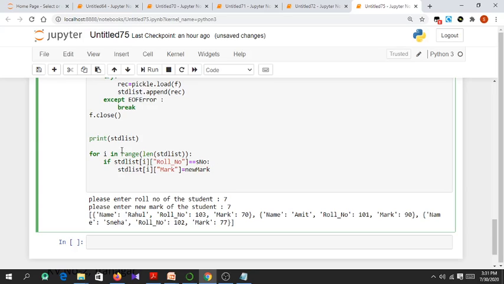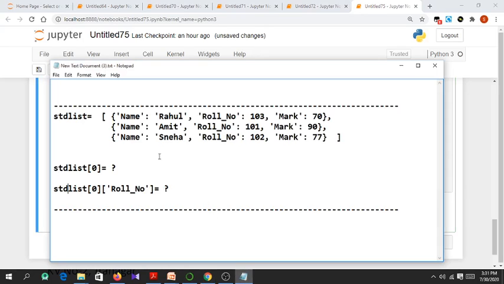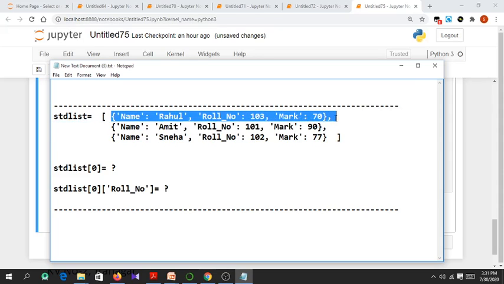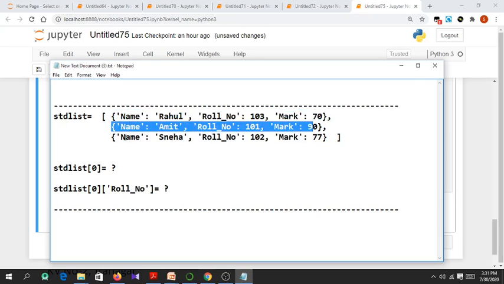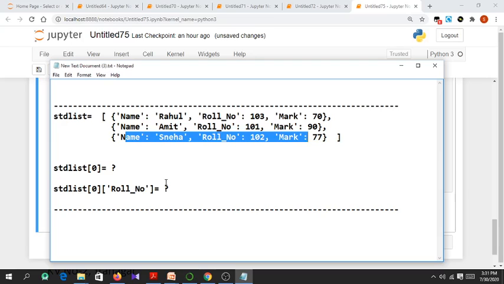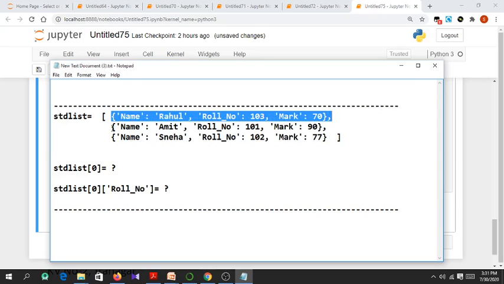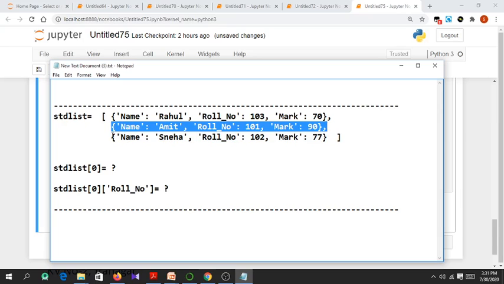If you are having confusion about this syntax, student list of i of 0, let me explain it separately. Suppose this is our student list. It contains 3 elements: this is the first element, this is the second element, and this is the third element. We know lists are indexed by using index numbers. So if I say student list of 0, this is student list of 0, the first element, this is student list of 1, and this is student list of 2.